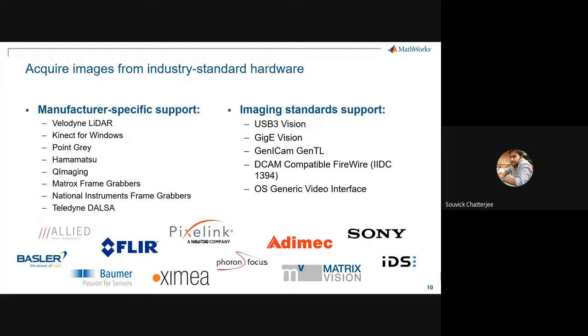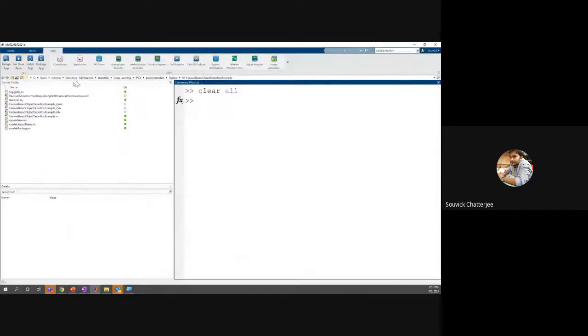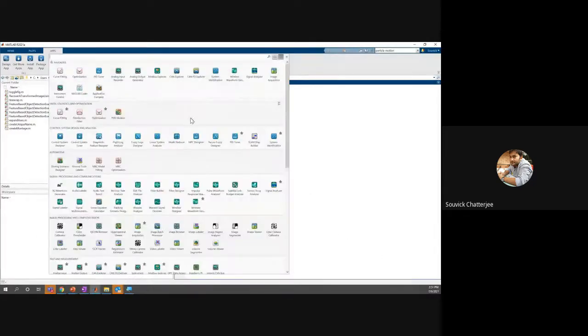Yeah, so in terms of MATLAB toolbox, this is supported by Image Acquisition Toolbox. Just to give you a sense of how MATLAB looks, inside MATLAB, as you can see, there are all different types of applications: optimization, curve fitting, controls, 5G, audio. So it supports a lot of different types of domains, right?